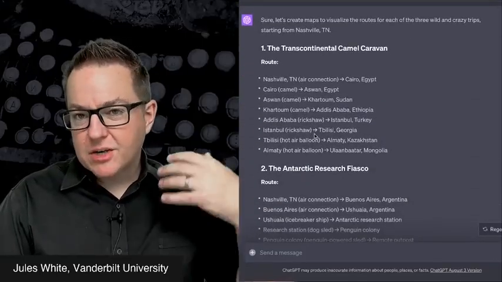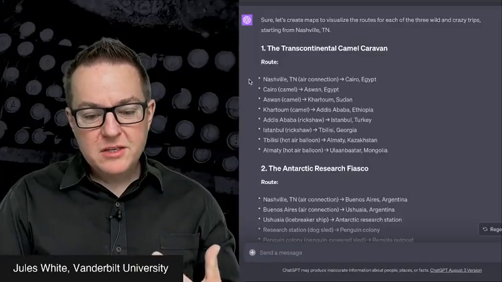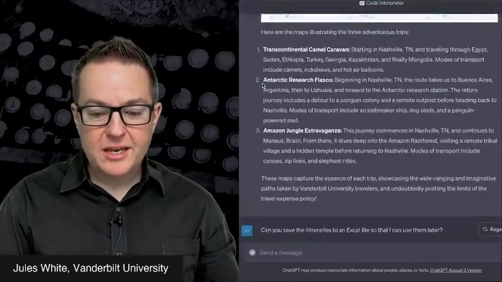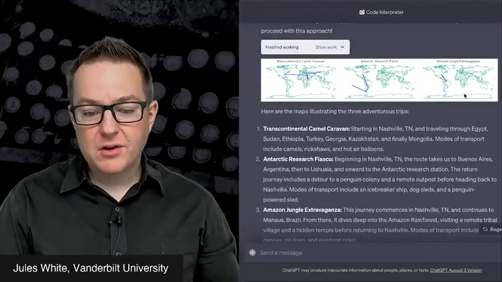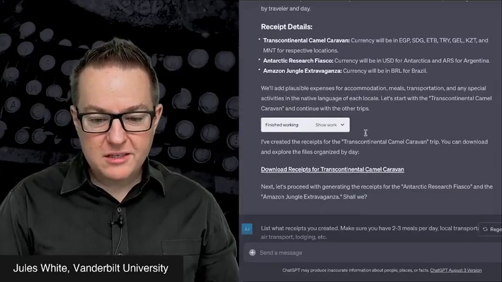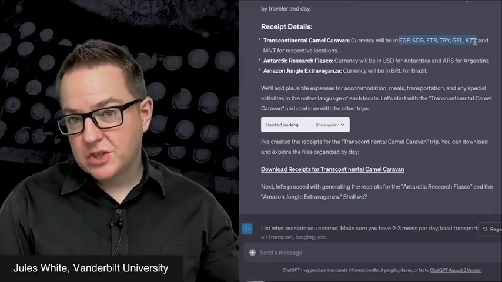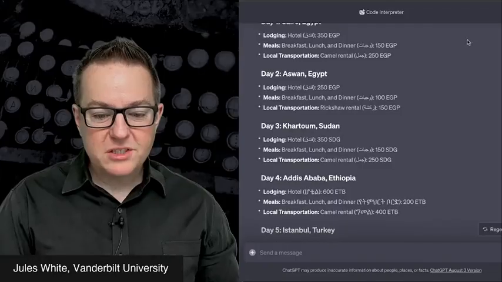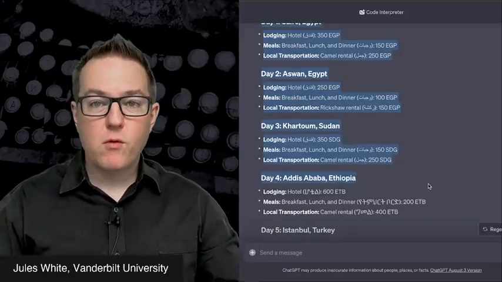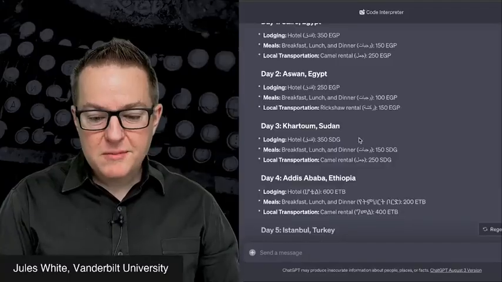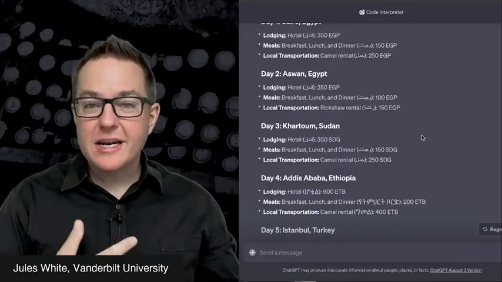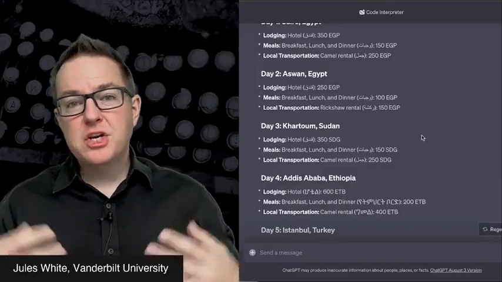And what's amazing is it can generate really great examples following patterns. So in this case, it's looking at the actual travel of where you might have gone for this trip. It's then going in and generating a map or examples of where you might have gone, how you might have traversed the world. It's then going in and generating all kinds of different artifacts, like knowing the currencies for the places you would have gone, and then actually generating receipts for all of this travel in different currencies and converting between them and understanding what they're for and what would have been relevant, and actually putting them into the correct languages for the place. So this is another thing it can do really well, is it can generate great examples that follow the patterns and information related to where you're going.